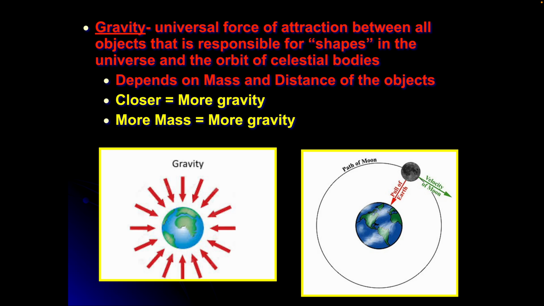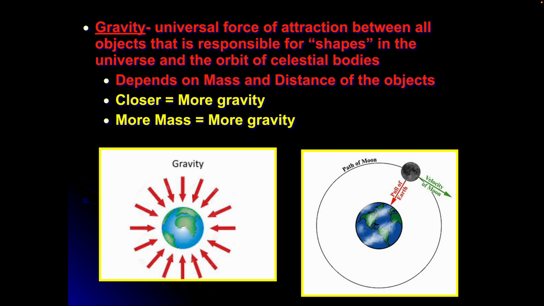Gravity depends on two factors: mass and distance. Like I said earlier, the bigger the mass, the more gravitational pull, but that distance factor is just as important. If I'm closer, we have less mass than the sun, but the moon revolves around us because it's closer. Now there is an actual formula.